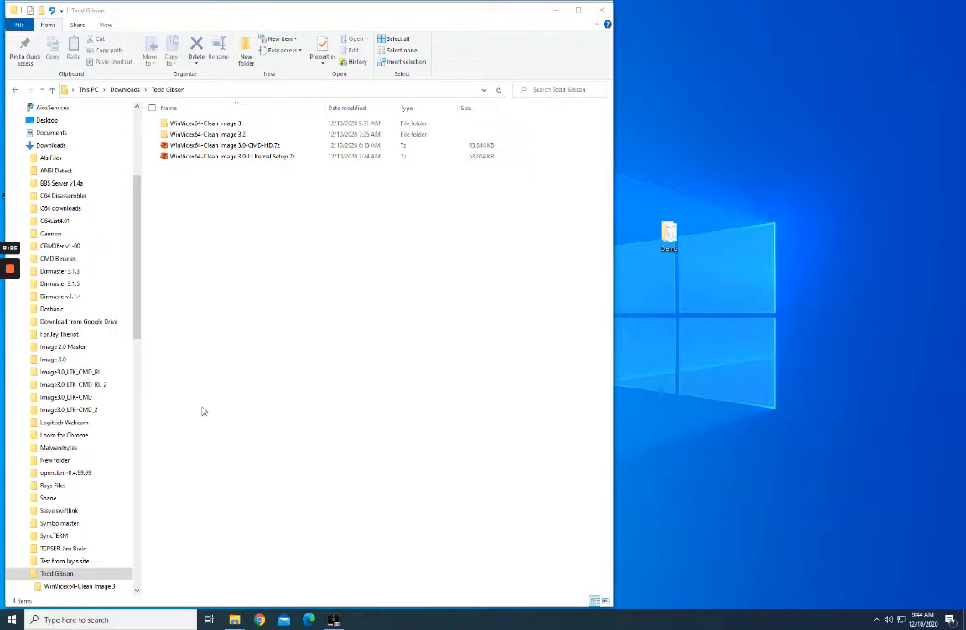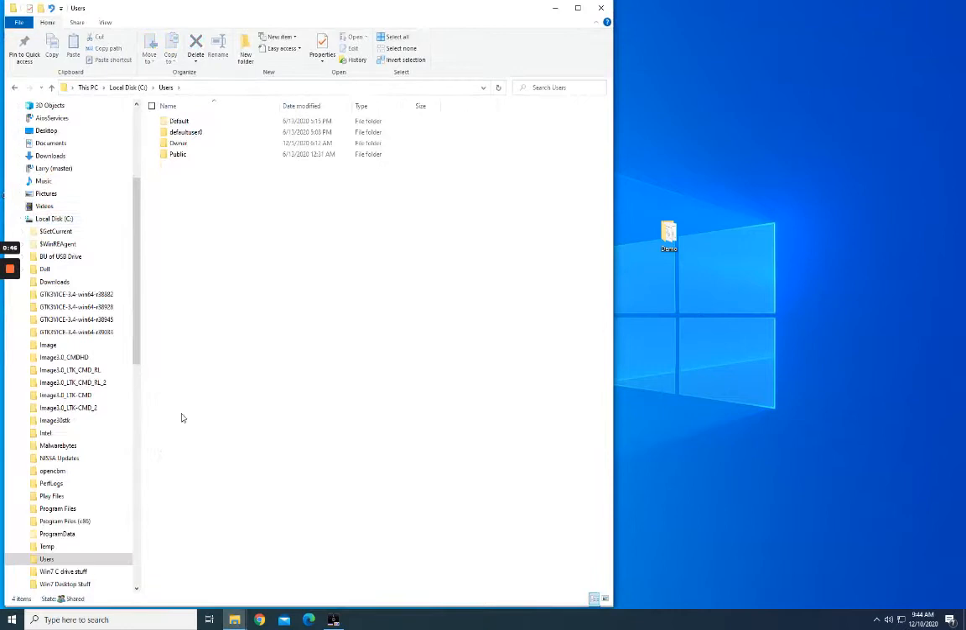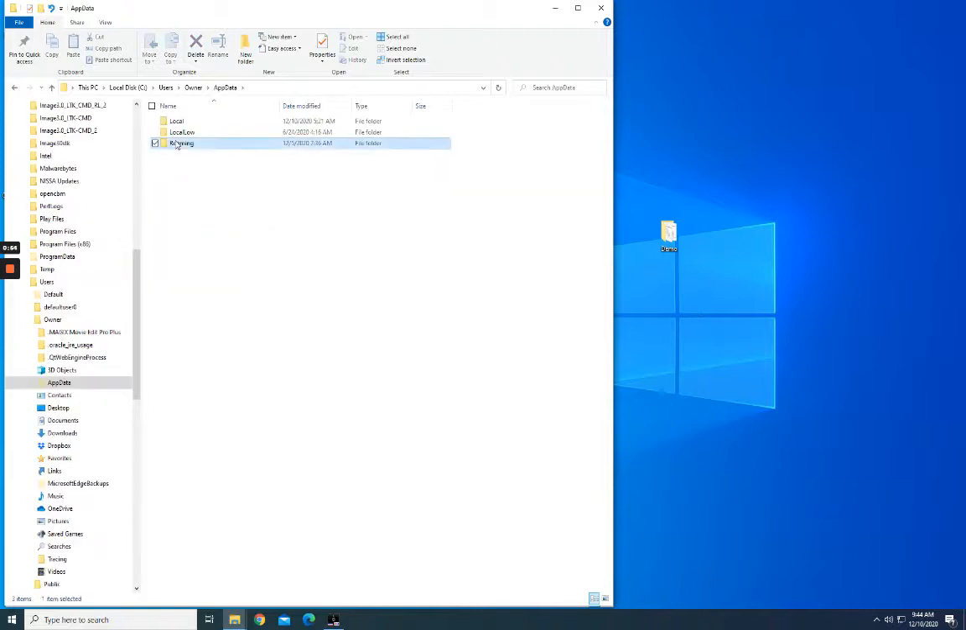So since I've been using WinVice on my PC, I know that there's some initialization settings that I want to keep before I begin to run his files, because they will change. In order to get to those, I'm going to go into my local disk C, into the users folder. I'm in the owner account. I'm going to double click on app data, roaming,